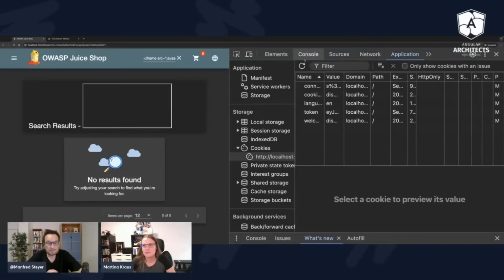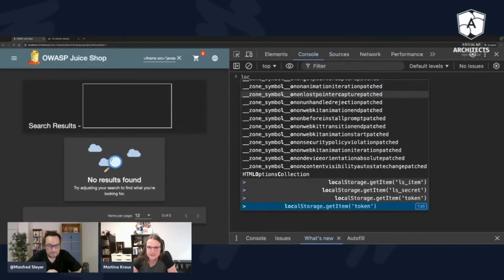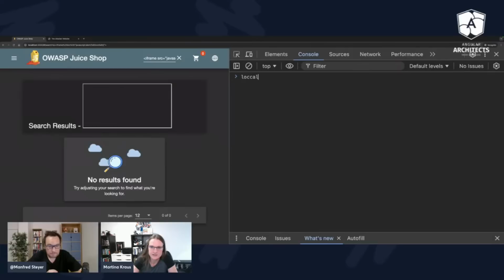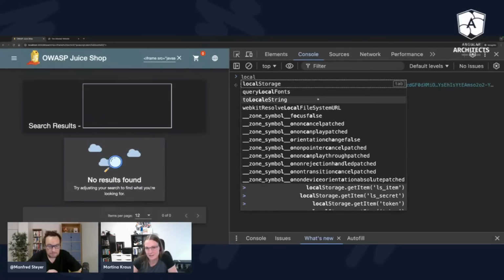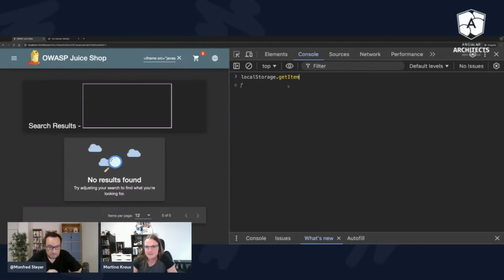Because storing the token inside the local storage, we can actually easily get it out of there. So for instance, I just have access to my local storage if I am able to write JavaScript, and then I can use this getItem API. And since you have an open source library, you can just open GitHub and find the key under which the value, the JWT token, is stored.